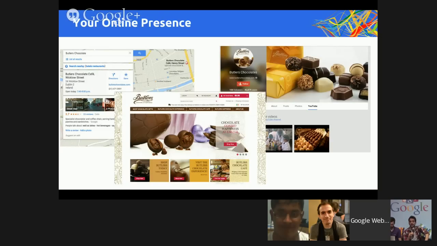On the other hand, if for example I'm walking next weekend and I feel like buying some chocolates for my girlfriend, I might want to look where's the nearest Butler's Chocolates. So this makes it important for them to have a local presence as well, which they're actually doing by having a presence on Google Maps. And this allows them to give information not only about their opening hours and contact, but also their location.